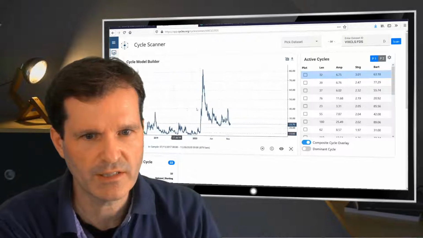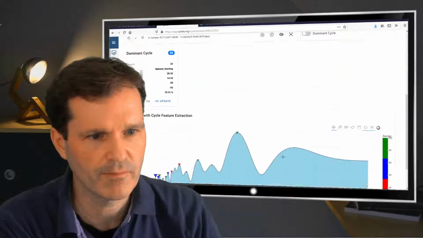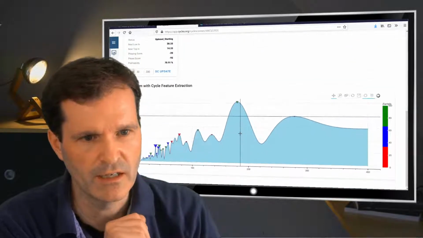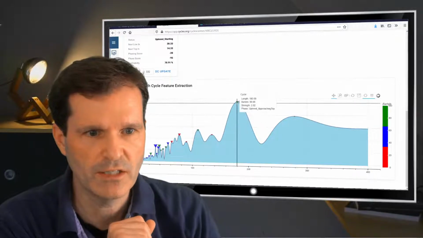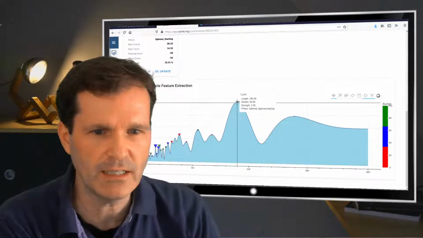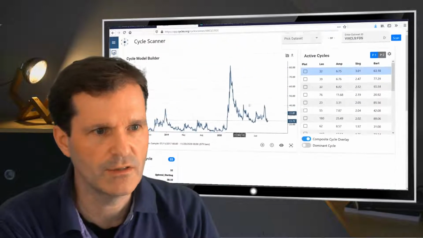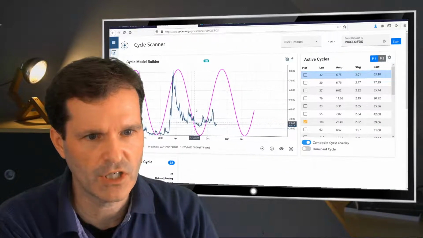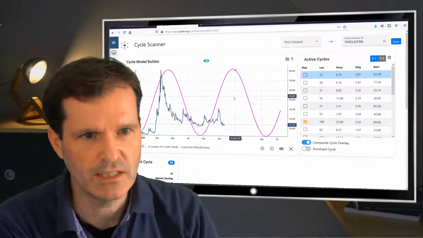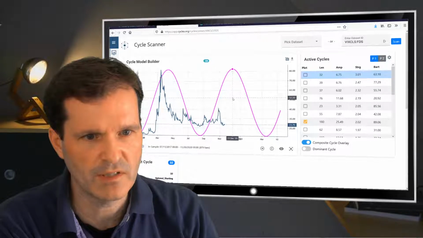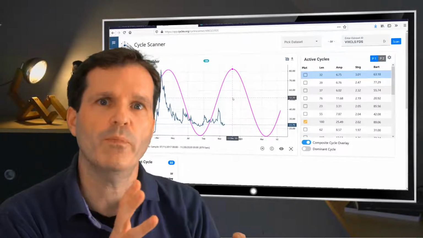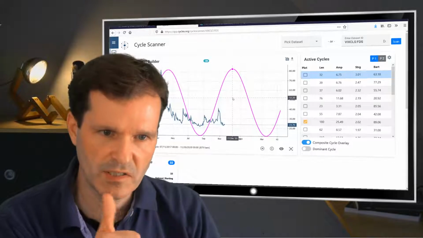So this is the VIX index. Let's cross-check the spectrum chart here. It's again 180 that stands out as a cycle here. So let's activate this cycle on the chart. And what is interesting here is that it's more or less the same. It's signaling a top in the volatility index around mid-December.